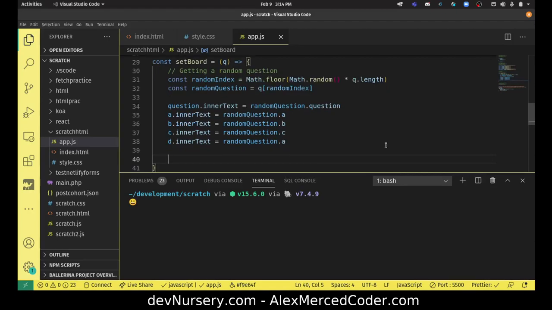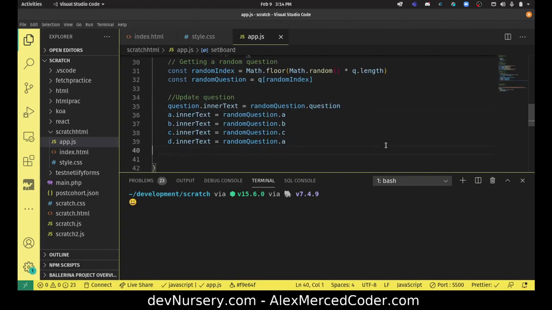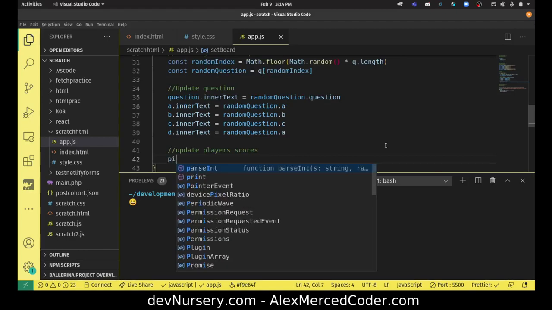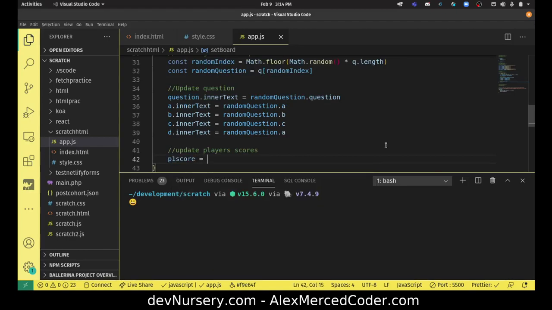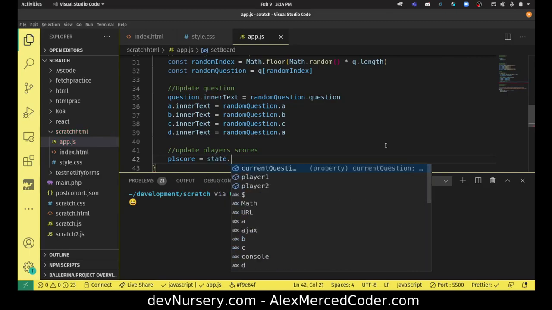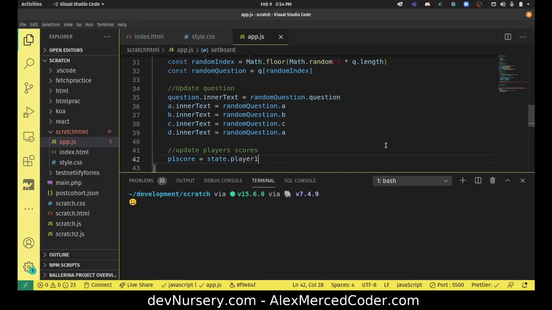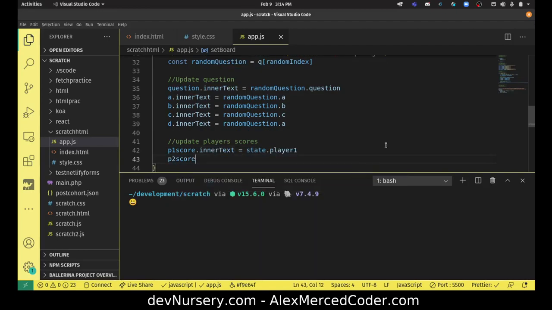Then we also want the player scores to update. So here we're going to update the question, and then here we'll update the player scores. So that way P1 score equals state dot player 1, and that's like P1 score dot inner text, because again these are all DOM nodes. P2 score dot,